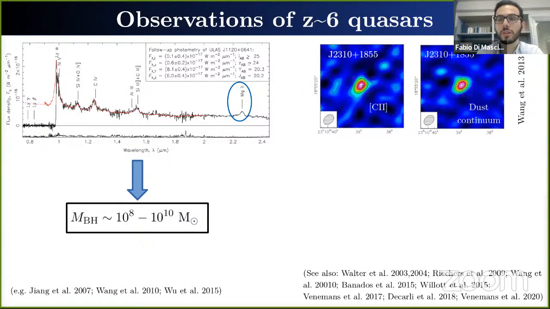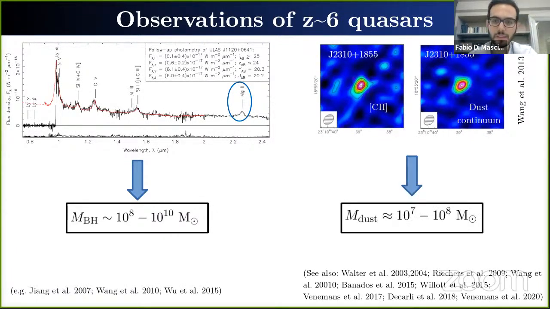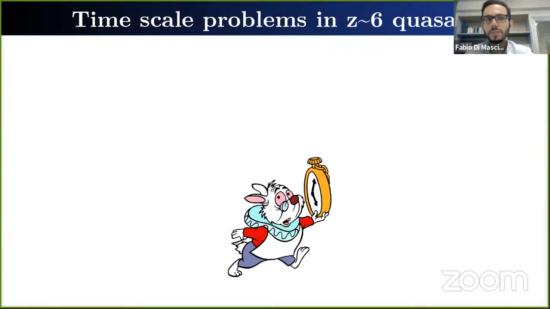And this observation also allowed an estimate of the dust masses in this object, which were estimated to be of the order of 10^7 to 10^8 solar masses. So these two interesting observational results also pose a couple of questions, in particular regarding the timescale for the